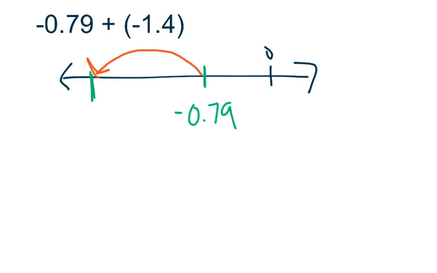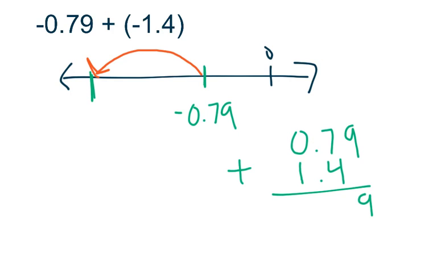So 0 and 79 hundredths plus 1 and 4 tenths. Remember to line up that decimal point. 9 hundredths plus 0 hundredths is 9 hundredths. 7